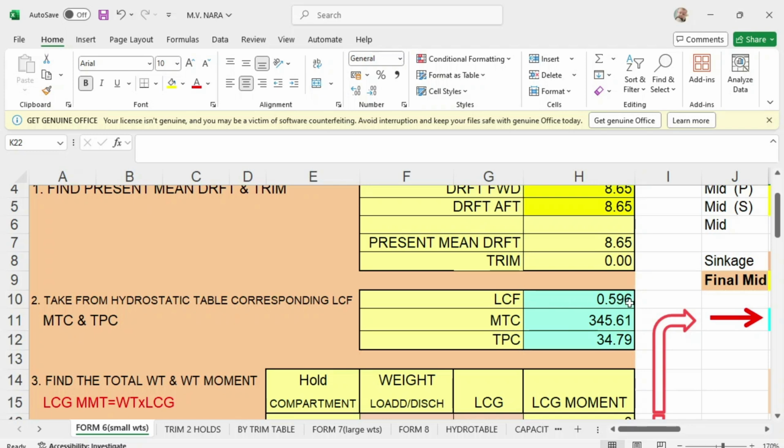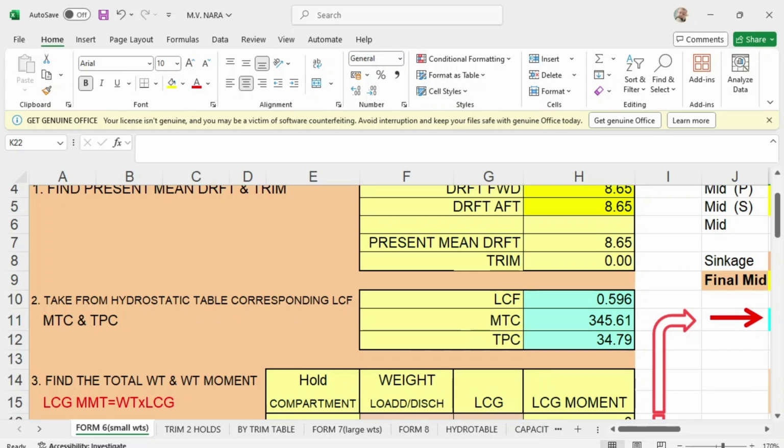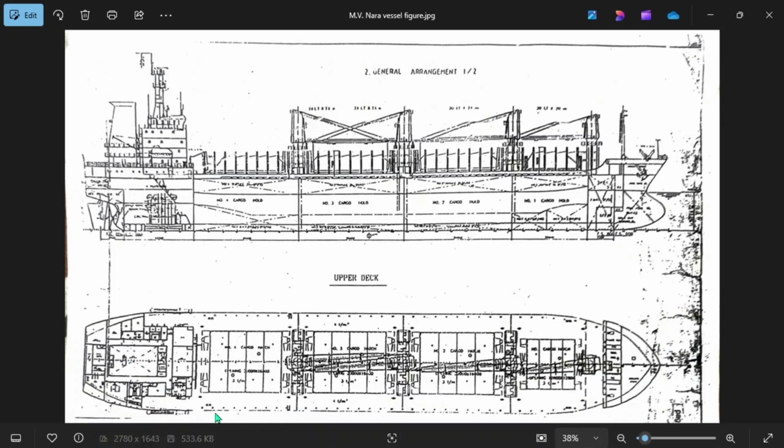So the LCF by figure, the LCF of 8.65, meaning positive 596. Take this one out, guys.